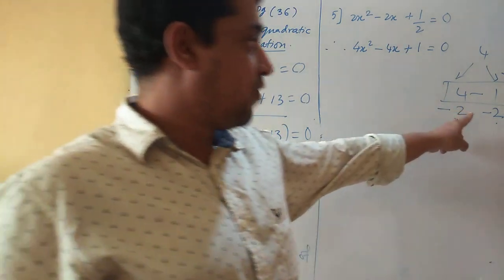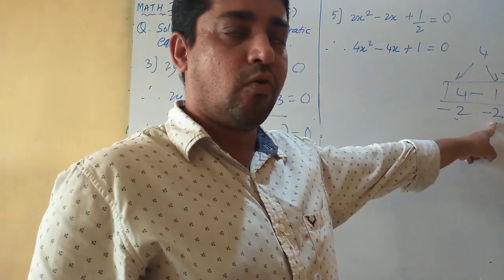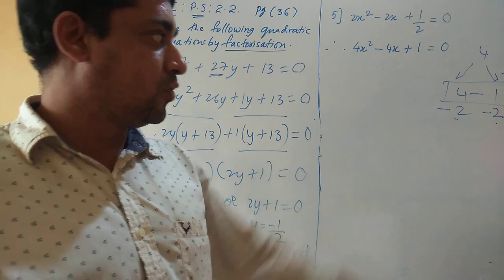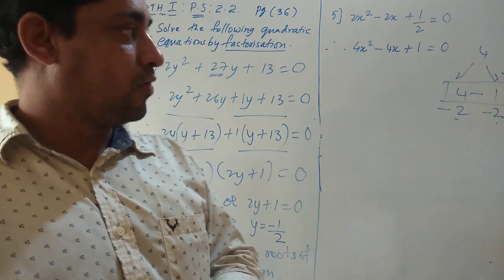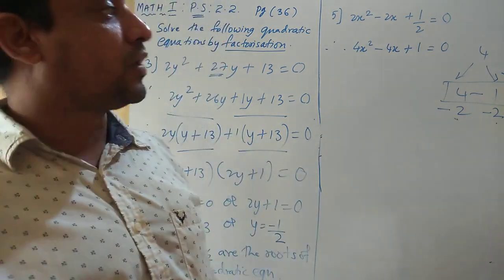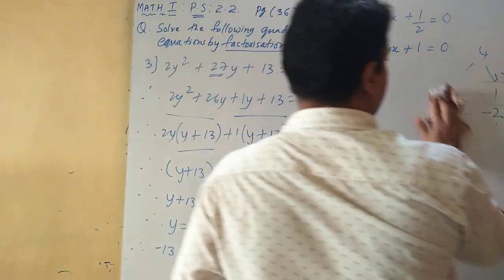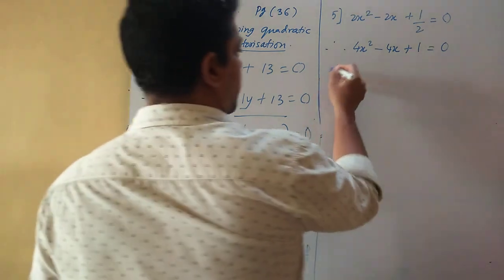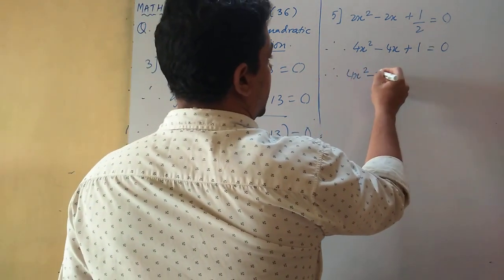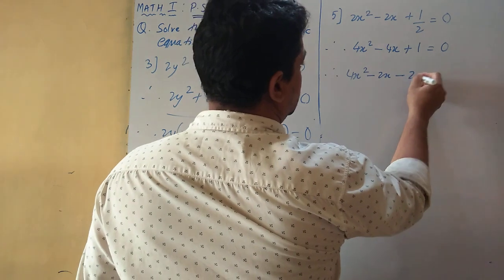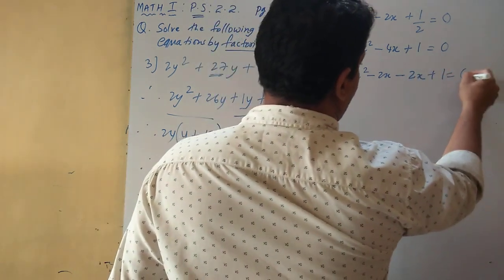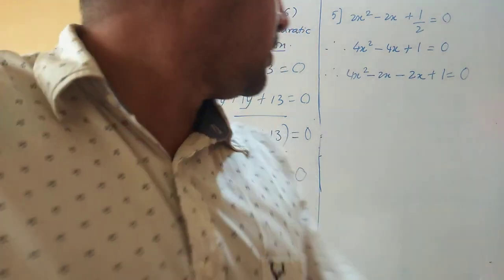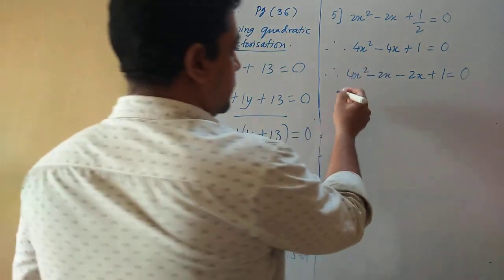That's it. If I multiply, 2 2s are 4, minus minus is positive. When we multiply, negative negative becomes positive. So that's your number. Minus 2 and minus 2, that's your correct pair. So I just substitute now. Okay, we write it down. That is, therefore 4x square minus 2x minus 2x plus 1 is equal to 0. Correct? Just change the pen. Ink is not visible now.